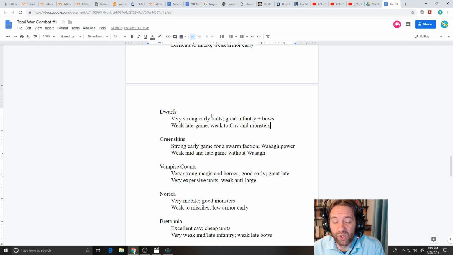Now, I think they're really weak late game in general, and I think they're really weak to cavalry and monsters specifically. They do have Slayers. Slayers are not a good solution, though. Slayers are extremely weak to missile units. They're very bad against melee infantry. So they're really only good against monsters, and unless they just let you sit there and beat them up with Slayers,